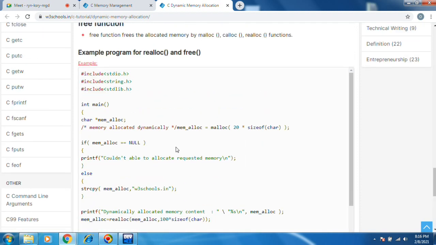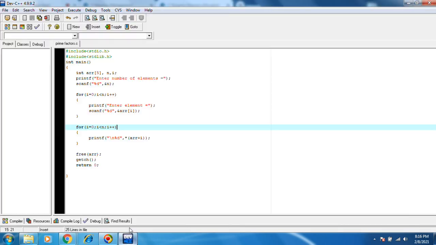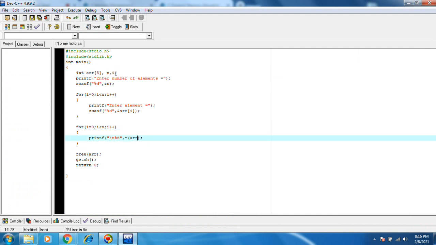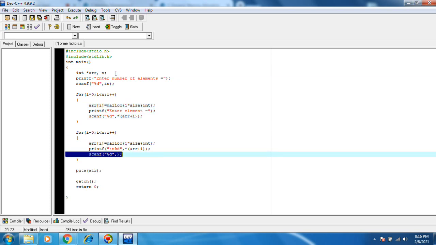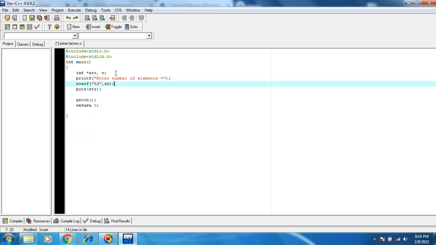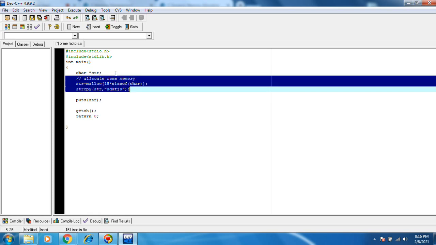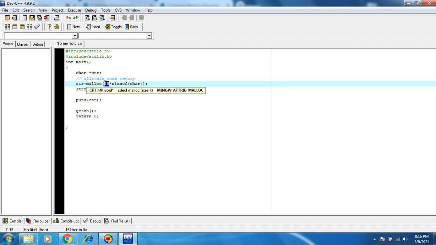This will be very simple. Let's do a small example. At first we have done 15 character size.